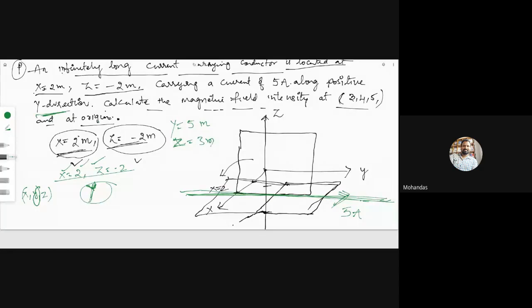Obviously, this is one constant coordinate surface and this is another constant coordinate surface. The intersection of these two results in a line, and that line should be parallel to which axis? Which coordinate is missing? X-axis. Very good. Any doubts? You have to locate that infinite conductor in a coordinate system, then only you can solve the problem. Otherwise, our problem will be wrong. If anybody has any doubts, you can ask here.